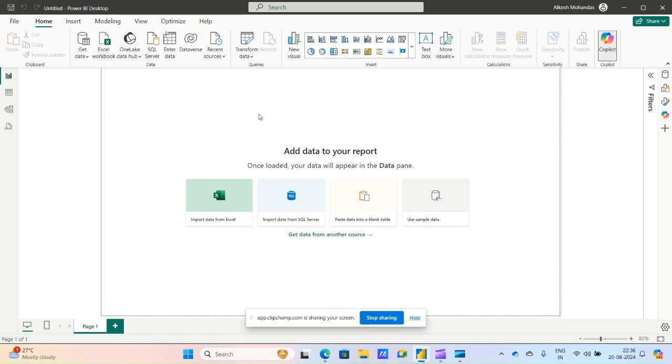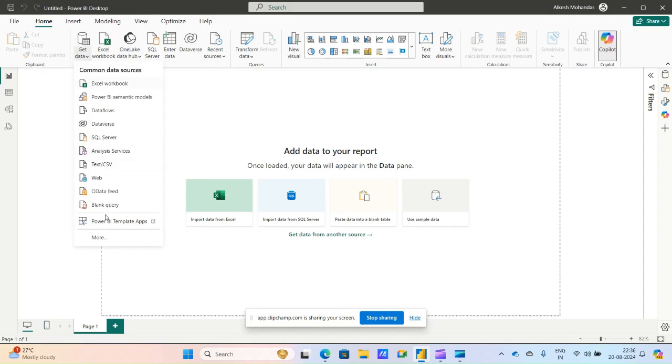Hello, today we are going to see the Power BI desktop and Power Query. Here we can see that this is the Get Data button. We can press the Get Data button over here